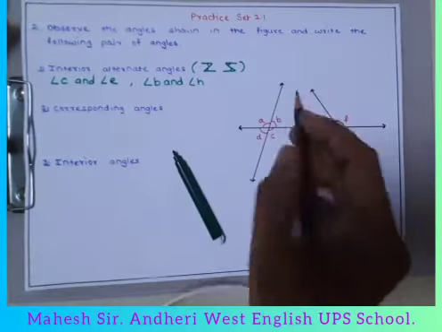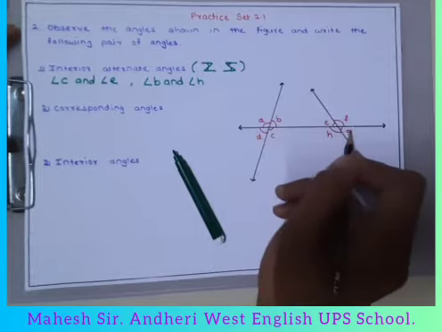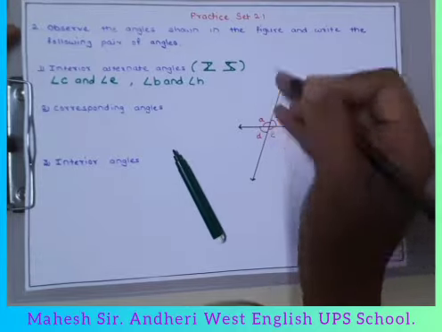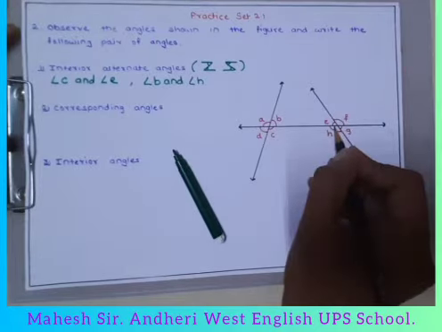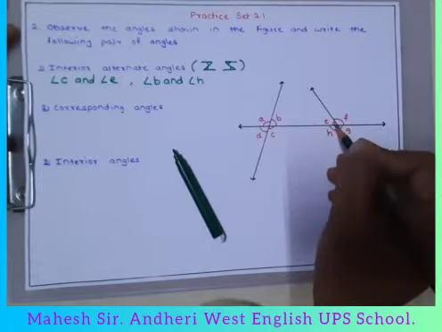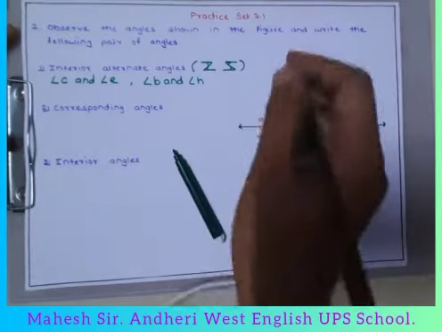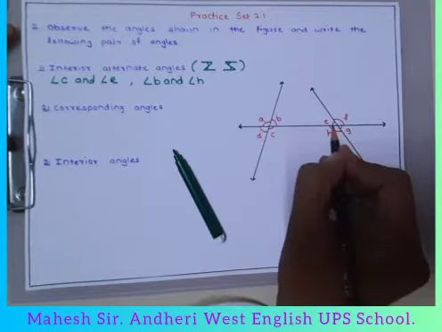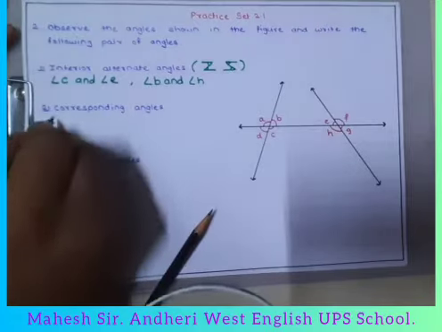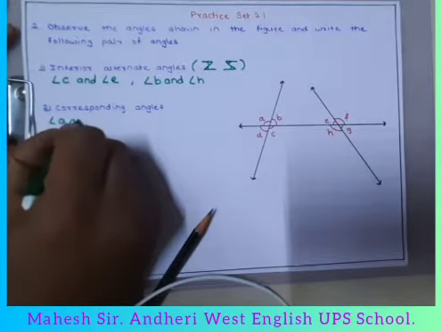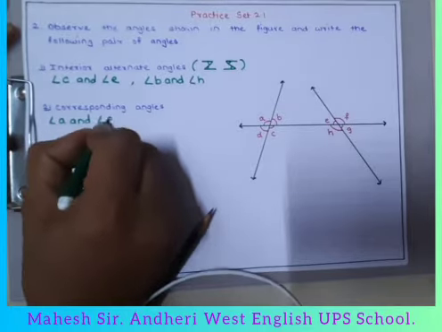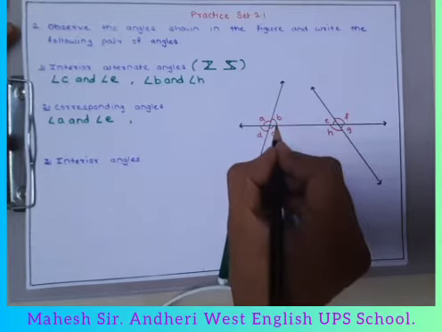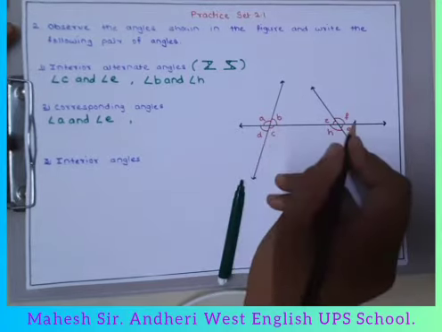So which are the corresponding angles? It is forming to the same side of the transversal, right? Suppose we are taking angle A. Angle A is above the transversal. So here we can see angle E is above the transversal and left to the vertical line. So angle A and angle E are corresponding angles. Next one, if we consider angle B, which is above the transversal and right to